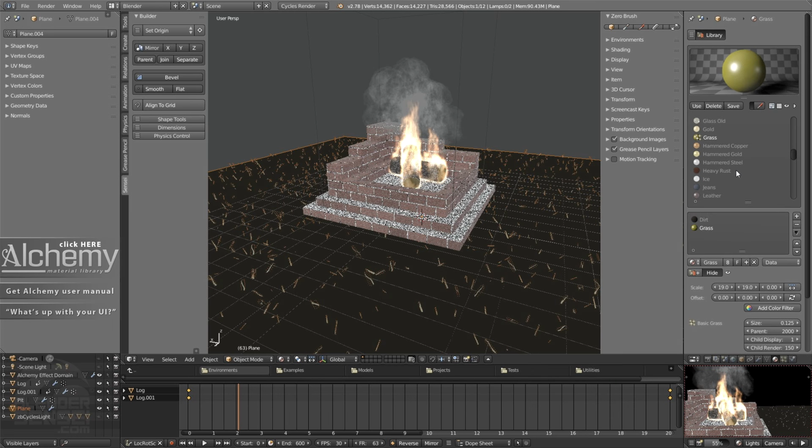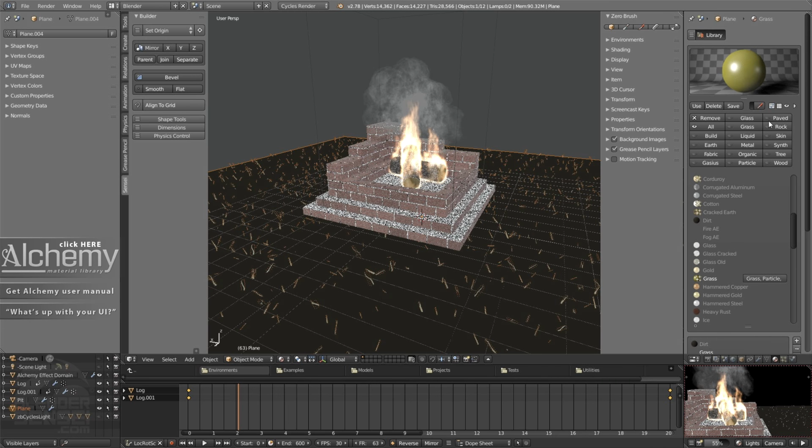Okay, so you can actually add as many particle materials to an object as you want. All you have to do is keep adding material slots here. You can also paint as many particle materials onto an object as you want. So I'm going to click on my categories button here and under this grass category,